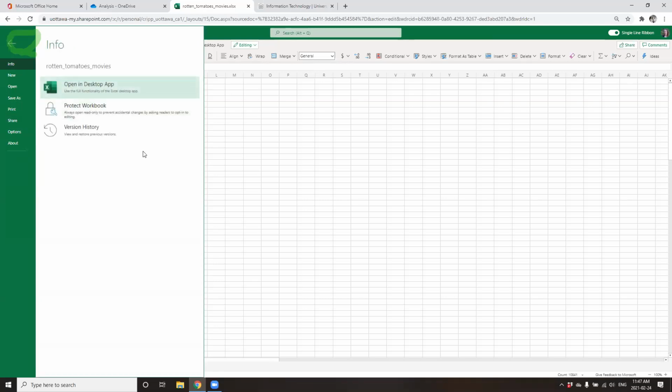And under info, another thing I wanted to highlight, here's a quick link to actually open your Excel worksheet in the desktop application, as well as version history. So a quick note on version history. Version control is a good way to track revisions of a data set or process. So if your research involves more than one person collaborating on it, this would be very essential to understand what person has come in and made different changes to the data set file.